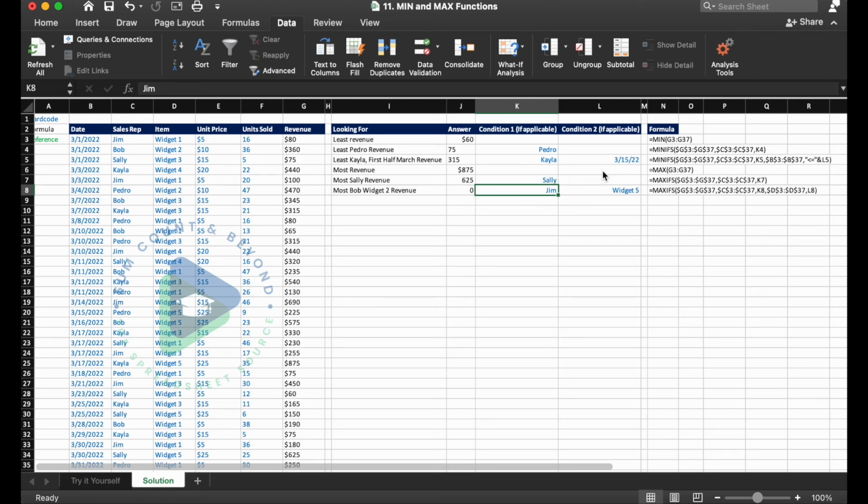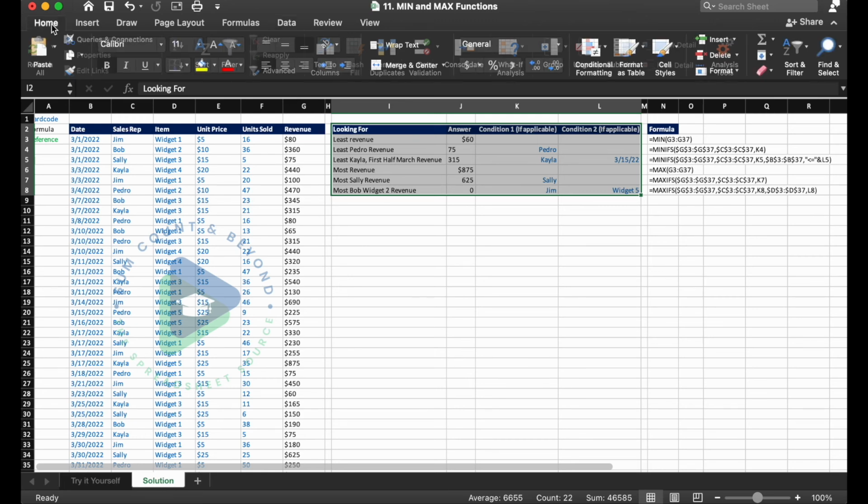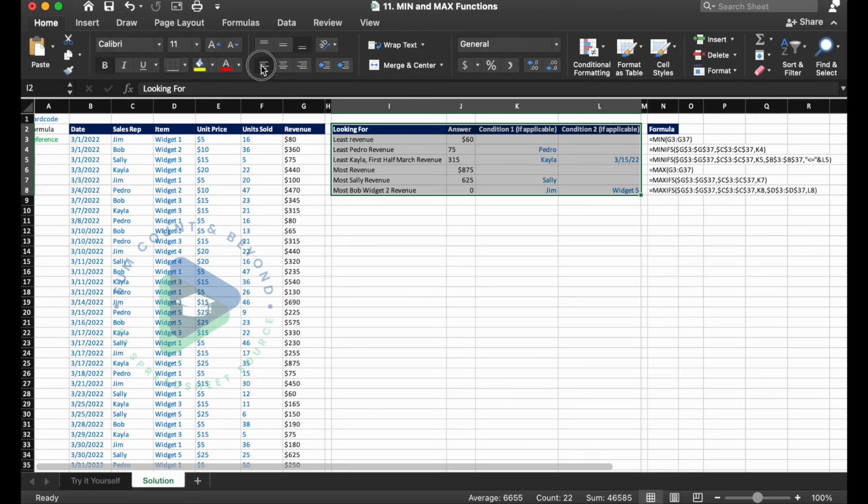So nice work, everyone. You just learned more about the max and min functions in Excel. And before we close out and get to our normal closing, let's format these really quickly so it looks a little bit prettier. So we'll select everything, go to our ribbon here, and left align everything. So remember, we like our headers and our data to always be the same alignment.